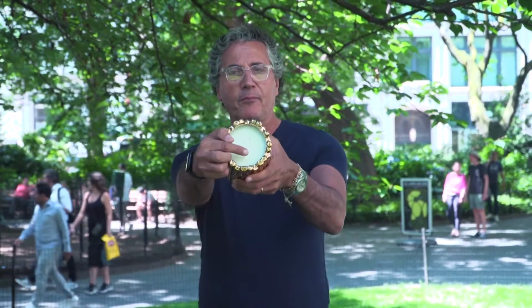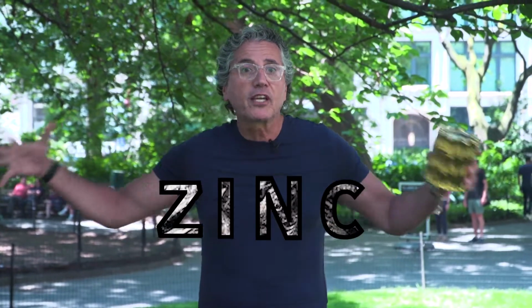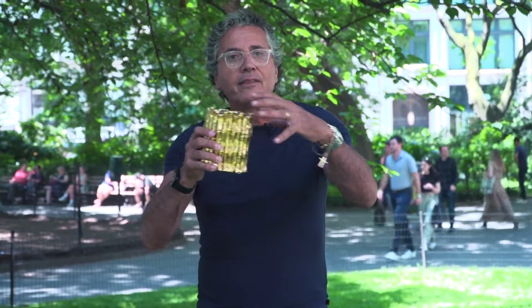Let's take the wick, for example. Here's a wick right here. We know that it's got two components in it. One is the cotton and one is the zinc. The zinc in bulk on containers comes here from Africa, maybe, who knows? The cotton comes from Egypt, who knows? Many different places. It comes in bulk to a factory here. This process for wax, for ceramic, all is the same. Once it comes here from overseas, the same way as fragrance, the essential oil might come over here,